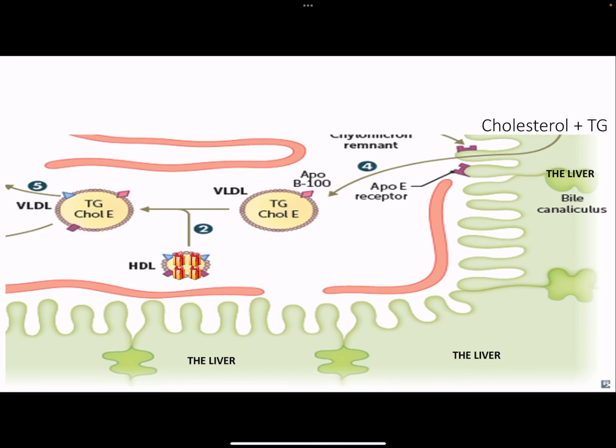New event. We're now making a VLDL. The liver is taking a lot of triglycerides, a little bit of cholesterol, and packaging it up into a VLDL. Keep in mind that the VLDL, very low density, means it's a low density of proteins, which is just a ridiculous amount of lipids. Not as much as a chylomicron, but it was just the next most. So, chylomicron should be called very, very, very low density lipoprotein, but we just call it a chylomicron. So this has a ton of lipids, a ton of triglycerides, a ton of cholesterol, and